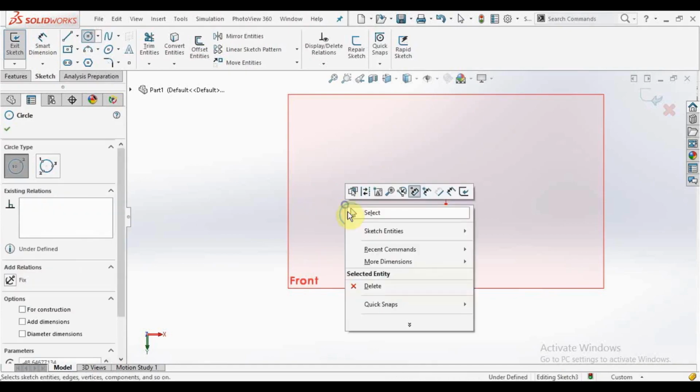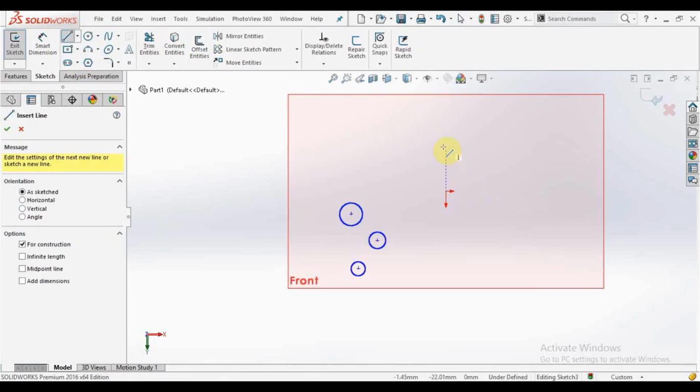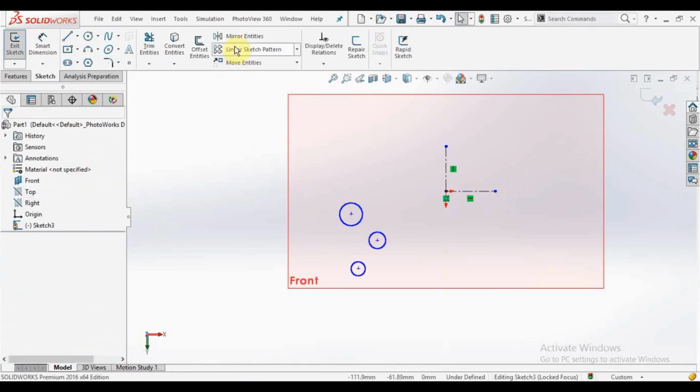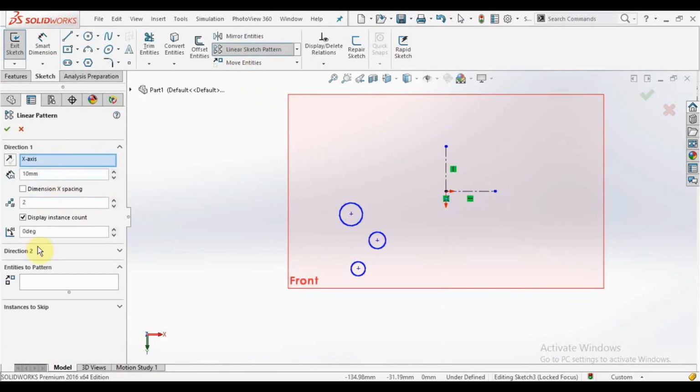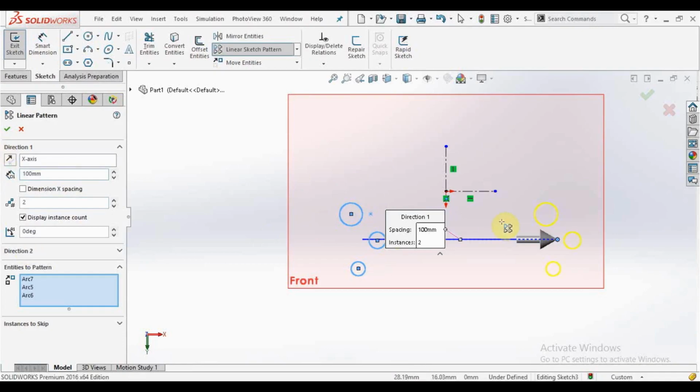Okay, so let's say I have two lines in the x direction or y direction. Select the linear sketch, select each entity one by one, and give the dimension. So this is our linear pattern. Now I want to create a vertical one also.